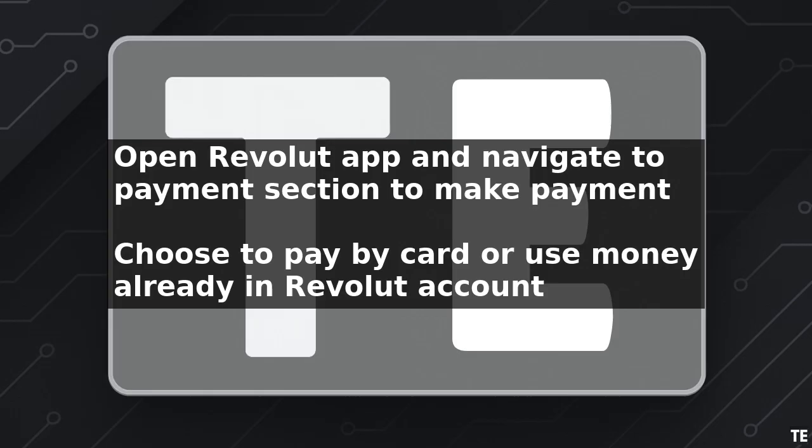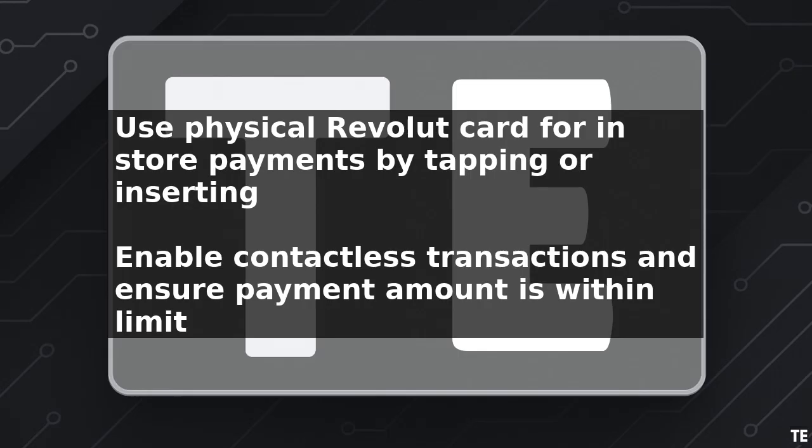When paying in store, you can use your physical Revolut card, which can be ordered through the app. Simply tap your card on the payment terminal, or insert it and enter your PIN. For contactless payments, ensure that your card is enabled for contactless transactions and that the payment amount is within the